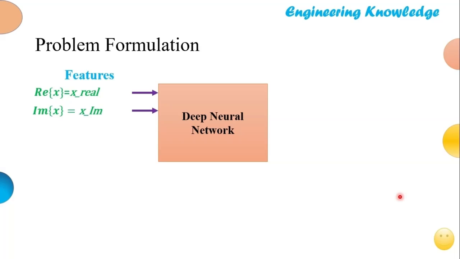So I am going to use the rectangular format. You can use either. We just want to increase the features from the same labeling. So we'll use the real part of x, which we'll denote x underscore real, and the imaginary part of x, x underscore imaginary. These are the symbols. I'm going to use QPSK modulation while I demonstrate.